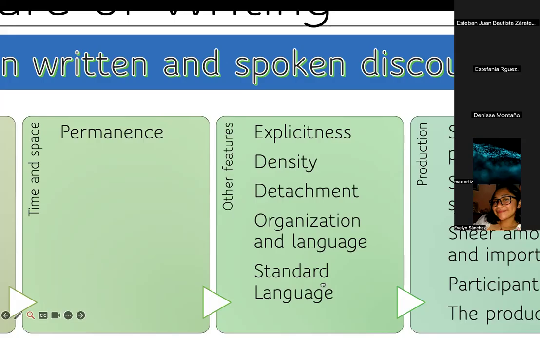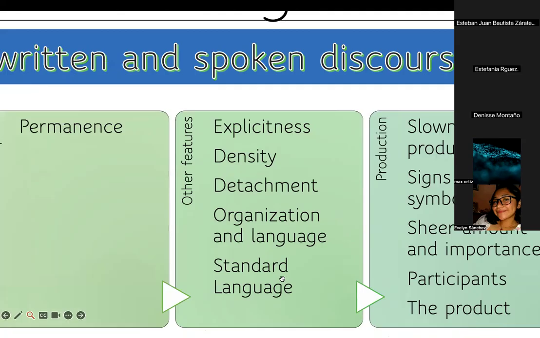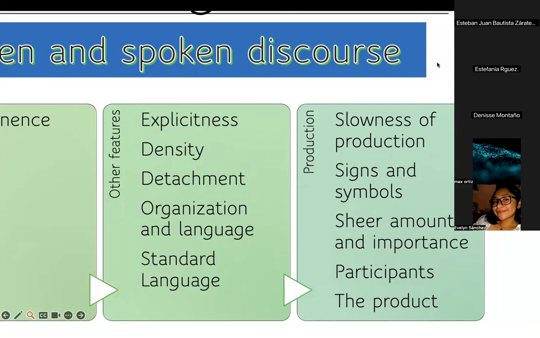And of course, the other aspect is the standard language. With the idea of getting more people to read your text, you need to use a common language. For instance, you are going to produce an essay about your thoughts on, I don't know, a controversial topic. You need to use common language that every reader can understand without any difficulty. And finally,